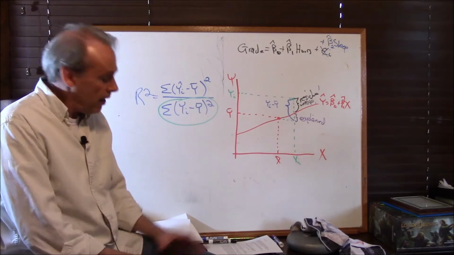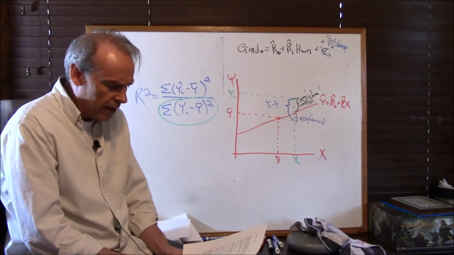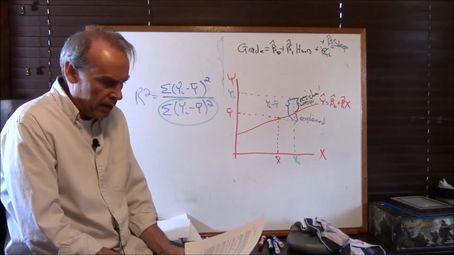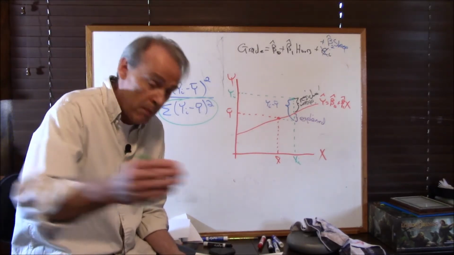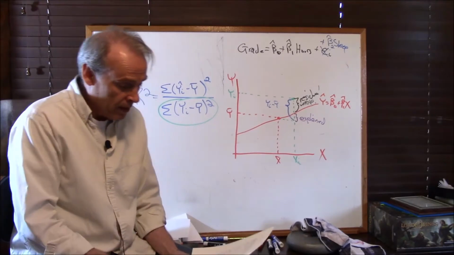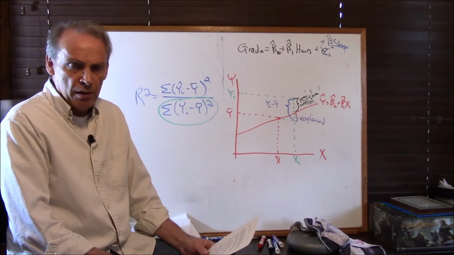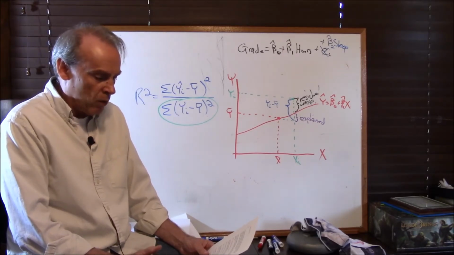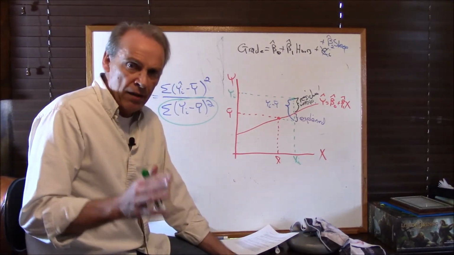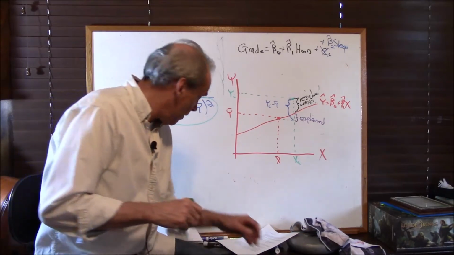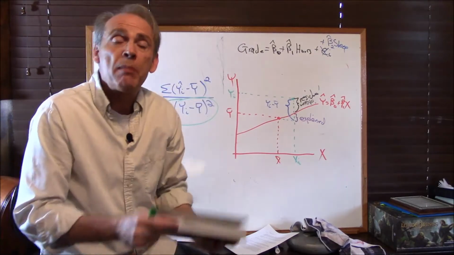Adjusted for what? Now, this is the last thing I worked on in my notes yesterday. And I think I came up with a better way to explain this than I have at any other time in this course, which would be good. Wouldn't it be good if I didn't go backwards or regress, if you will? We're going to adjust R squared for degrees of freedom. And I really wanted to come up with a good way to explain degrees of freedom to you that makes it intuitive. Because again, the point of this book, a practical guide, is that we want you to be able to use this.